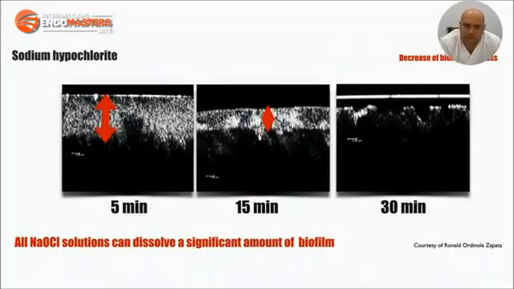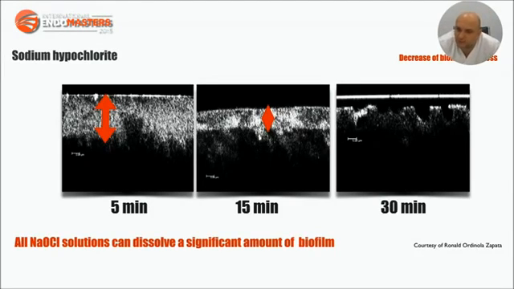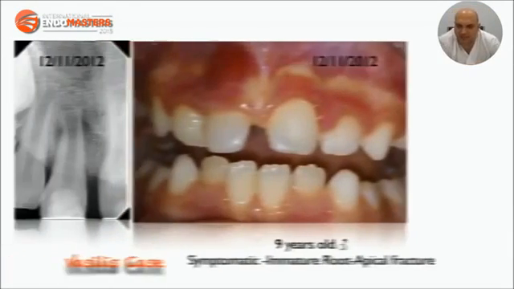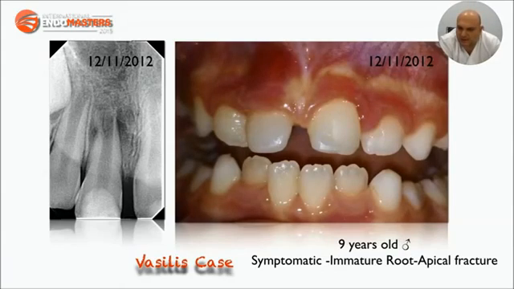After all, 30 minutes of sodium hypochlorite negative pressure irrigation may be able to dissolve all the biofilm even without instrumentation of the wide canals, like Ronald Ordinola-Zapata suggested. And we may be able to reduce the biofilm thickness to a great extent, even without using a high concentration of sodium hypochlorite, but by using a 1% concentration of sodium hypochlorite. So in this next case, I applied again my single-step regenerative approach by applying negative pressure